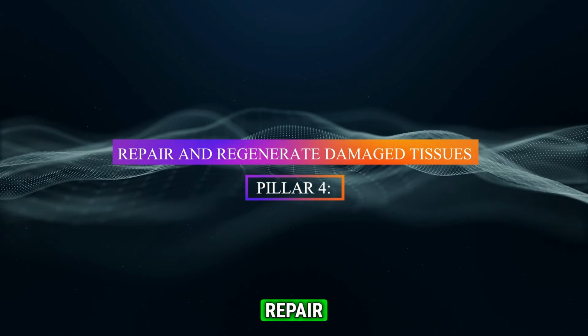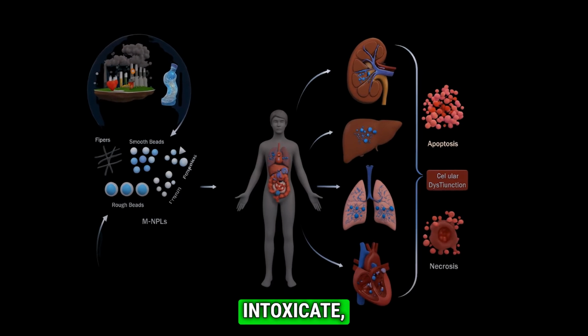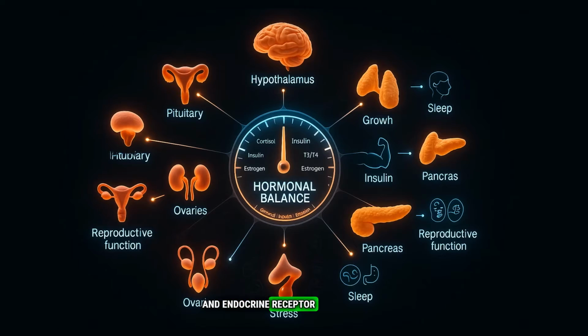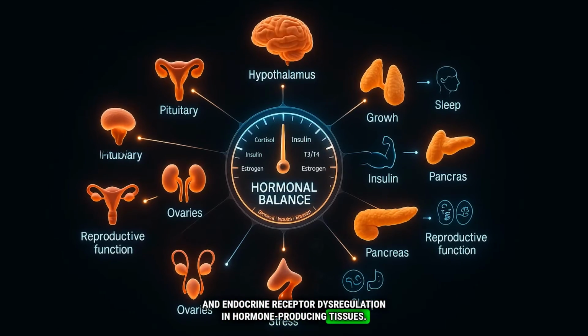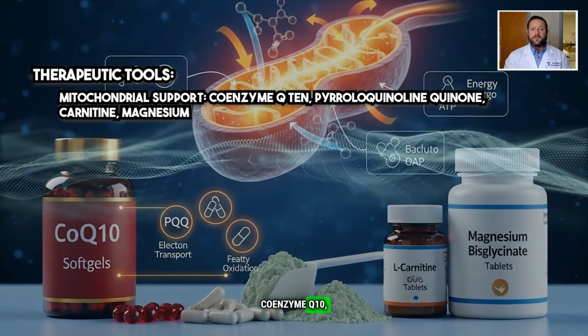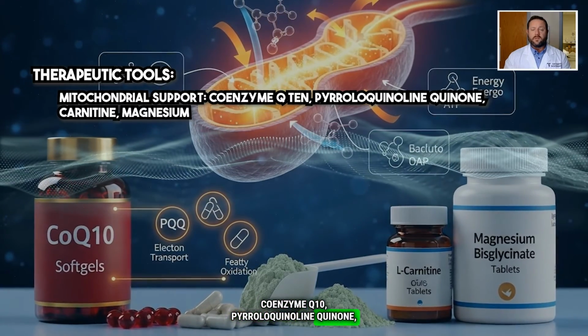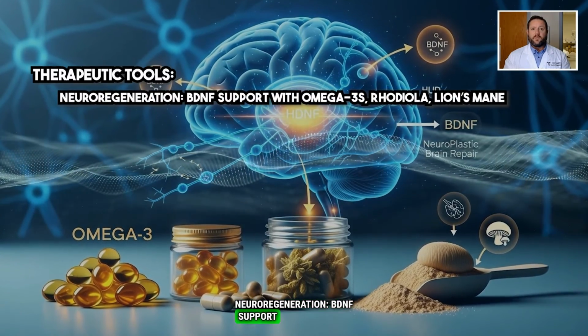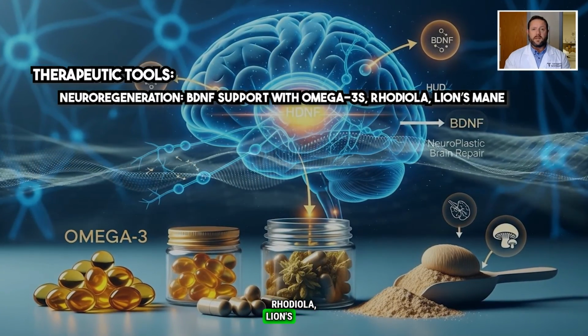Pillar 4, repair and regenerate damaged tissues. The final pillar is regeneration. Microplastic toxicity doesn't just intoxicate, it injures. We see mitochondrial fragmentation, reduced BDNF in the brain, epithelial barrier breakdown in the gut, and endocrine receptor dysregulation in hormone-producing tissues. Therapeutic tools: mitochondrial support, coenzyme Q10, pyrroloquinoline quinone, carnitine, magnesium; neuroregeneration, BDNF support with omega-3s, rhodiola, lion's mane,